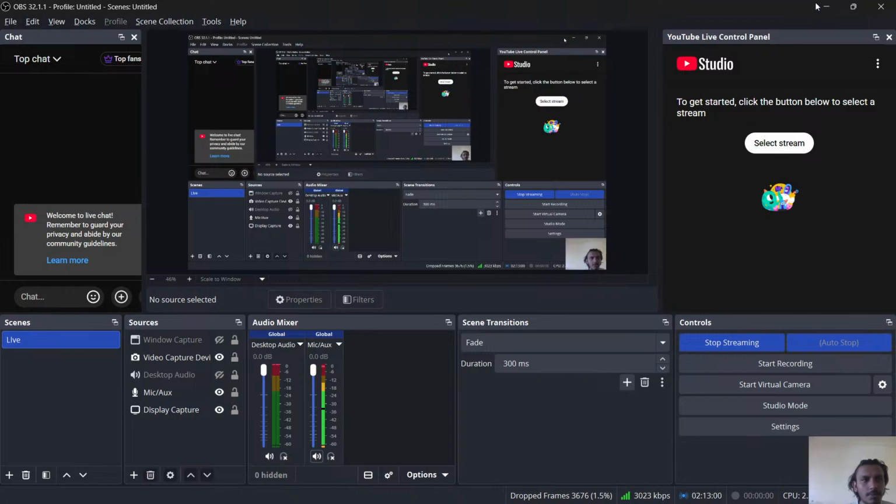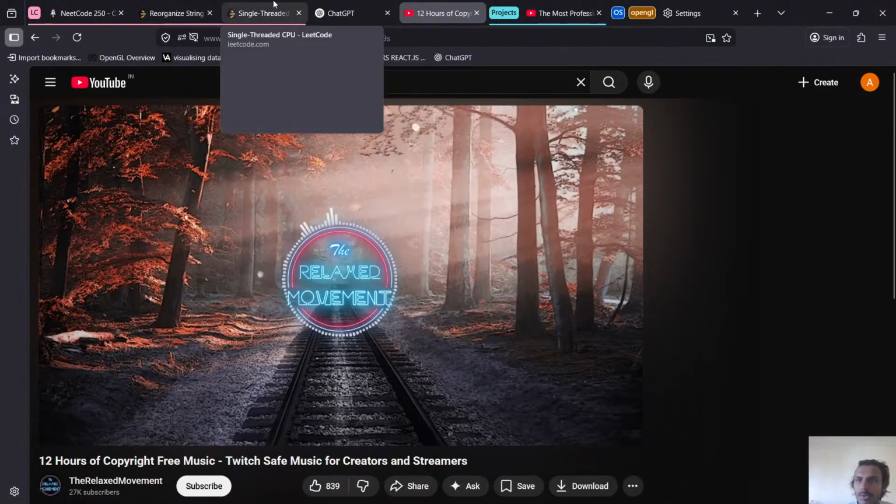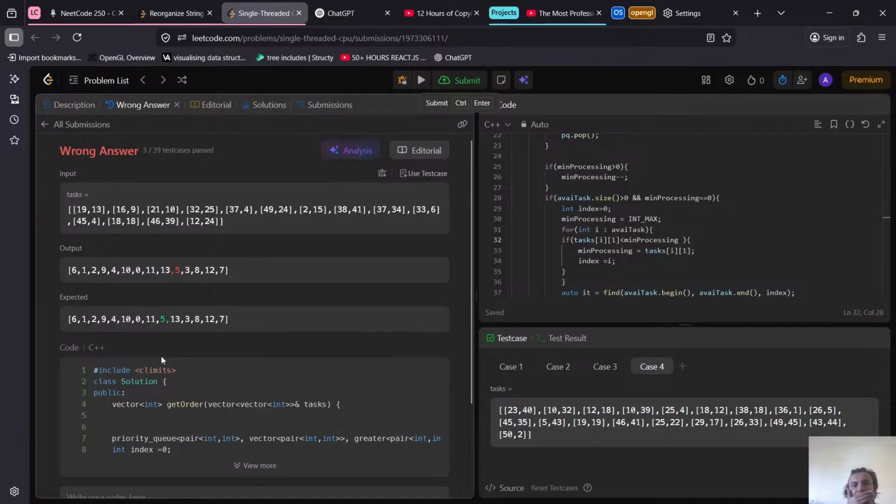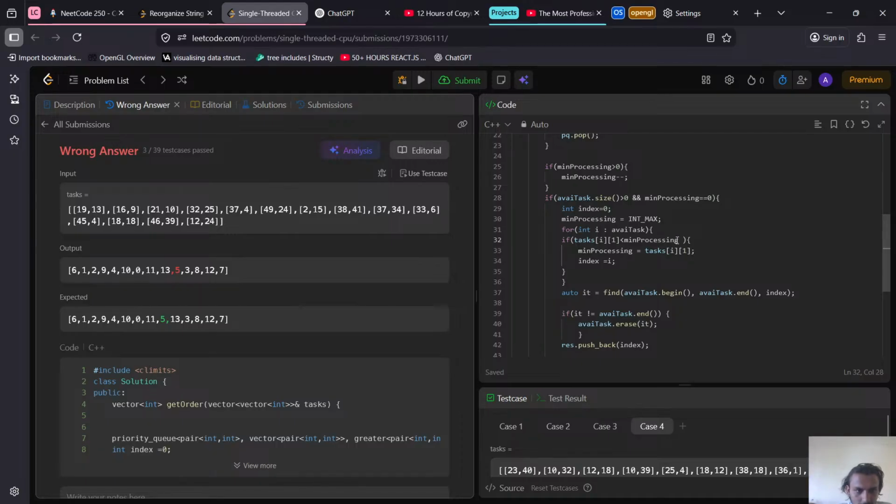So we'll continue the problem that we are doing. Okay, so what's the issue? We need third, fifth, 5 then 3 because 5 is smaller than 3. If we go to 5, 0, 1, 2, 3, 4, 5, it has 24. Then 6, 7, 8, 9, 10, 11, 12, 13, it also has 24. So what you need to do is check if this is smaller than processing speed